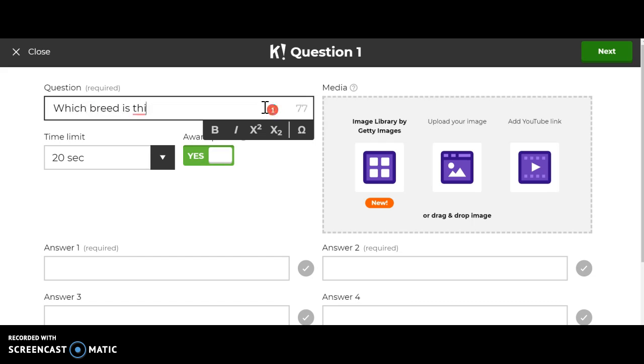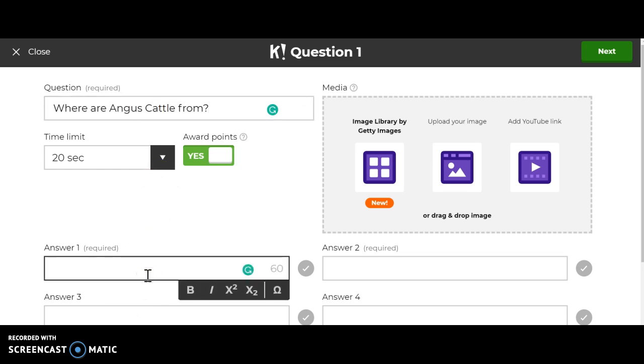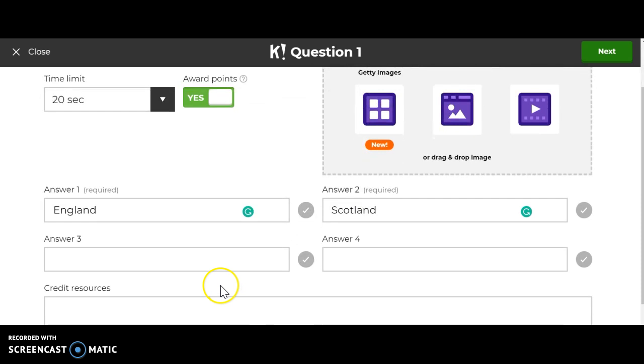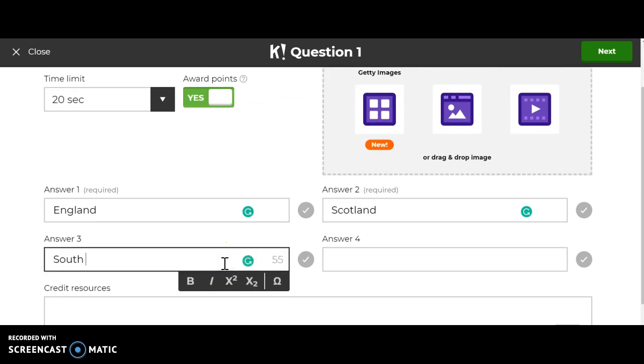You could also type something like, where are Angus cattle from, and then put England, Scotland, South Africa,